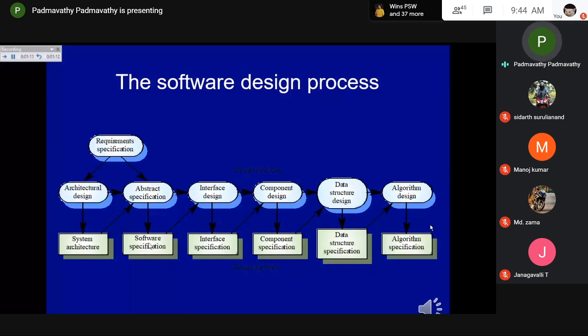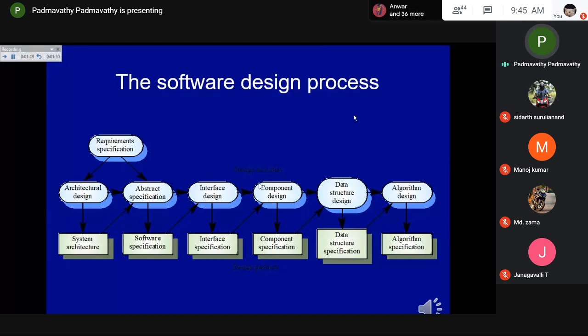Then the interface design is developed based on the specifications and requirements by the user. Once again, like what type of interface they need, whether it will be easy for them if they are given drop-down menus to select the choice, or a checkbox is provided, they can do multiple selections. All these are interface specifications given by the customer, and based on that in the design stage it is mentioned. Then the component design is done based on the specification by the user, like whether they want it in a functional structure, how many modules, all those details.